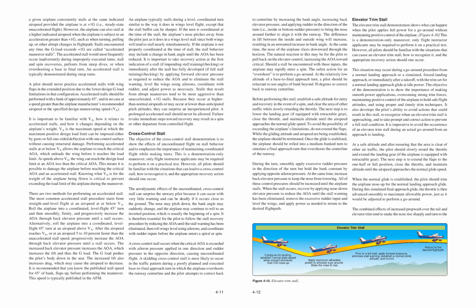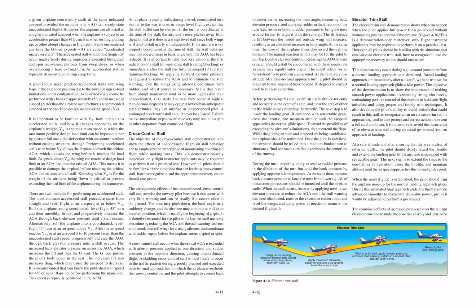The aerodynamic effects of the uncoordinated, cross-control stall can surprise the unwary pilot because it can occur with very little warning and can be deadly if it occurs close to the ground. The nose may pitch down, the bank angle may suddenly change, and the airplane may continue to roll to an inverted position, which is usually the beginning of a spin. It is therefore essential for the pilot to follow the stall recovery procedure by reducing the AOA until the stall warning has been eliminated, then roll wings level using ailerons, and coordinate with rudder inputs before the airplane enters a